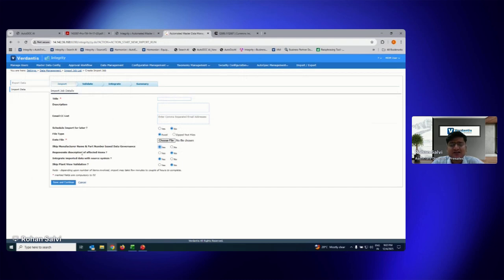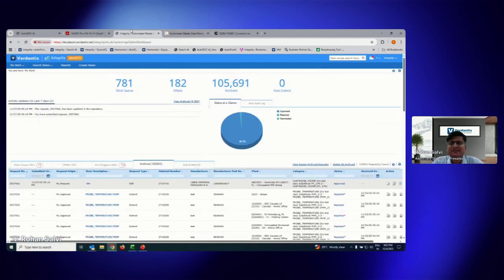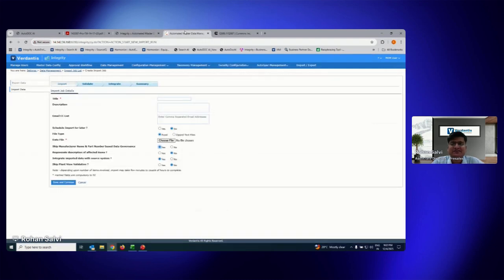Additionally, if there are parts that I'm looking to update. So I had an example in the previous screen where I was looking to reclassify an item. So the description needs to be rebuilt. Or if I'm creating a new item, then the description for those items also needs to be rebuilt.